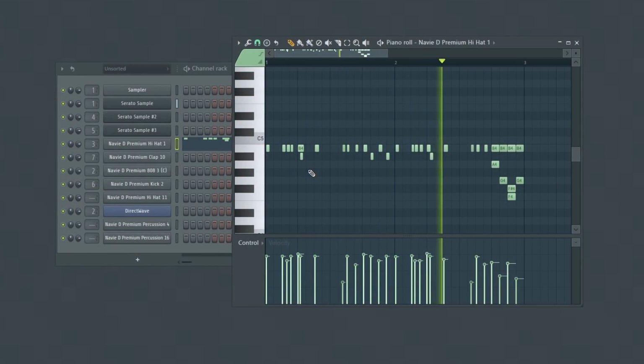Very seldom in his beats will I hear a straightforward hi-hat pattern on every 8th or 16th step, for example. He goes the extra mile to make sure that the rhythms of his beats are more varied. And I know for me personally, I can definitely be guilty of just overlooking the hi-hats and just coming up with something a little bit more basic and then moving on to other things that I just may find more fun. But being a bit more detailed with your hi-hats can be a great means of helping your beats.